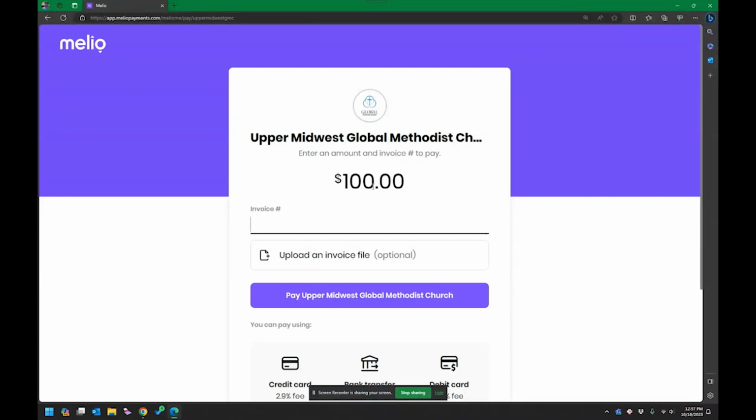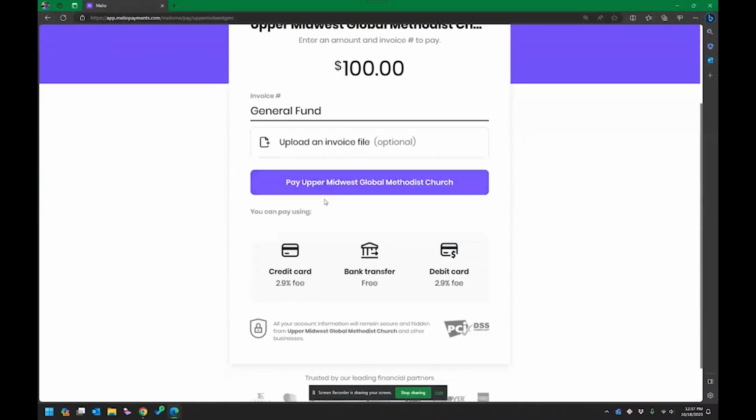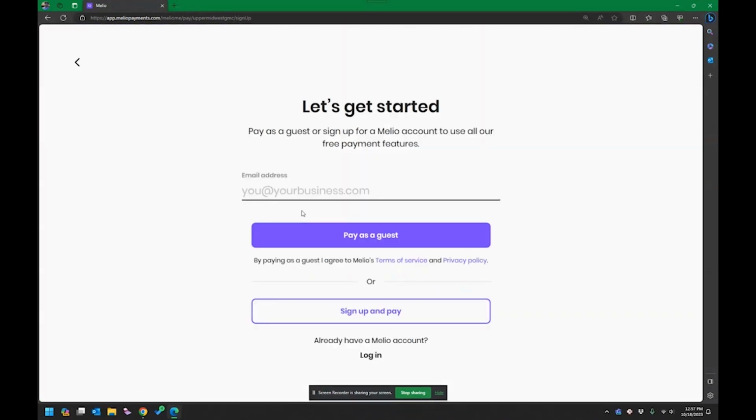Sometimes churches use donor numbers or envelope numbers, but the other thing you could do is advise your people to put in what it's for. So if it's for the general fund, you probably should spell general fund correctly, or if it's for a certain mission or a certain project, go ahead and fill in something here in the invoice number that would help identify where to put it. And you could pay either by credit card, which is a 2.9% fee, or bank transfer. One of the things that you're going to find is that you're not going to be able to do a recurring